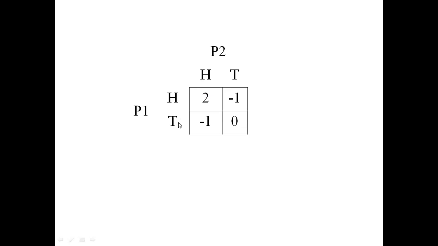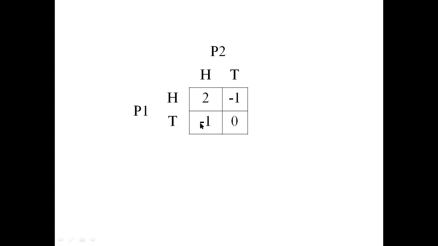And when both the coins show tails, that is T and T, then nobody will win anything. Nothing will be won by the players, means 0 will be the outcome. Then if it occurs opposite, that is one of the coins shows tail and another one shows head, then 1 rupee will be lost by player 1, means the outcome is -1.